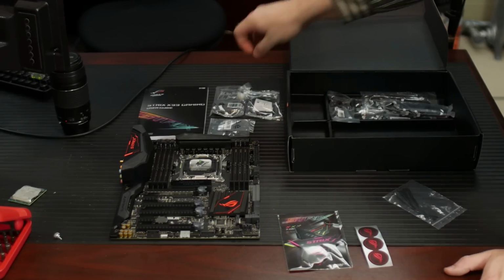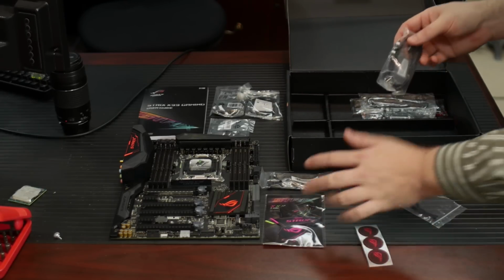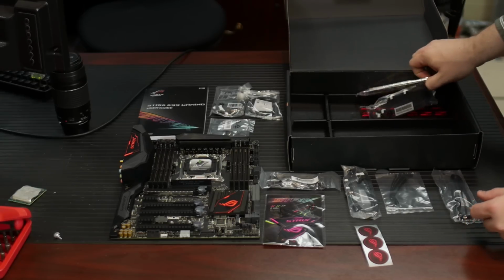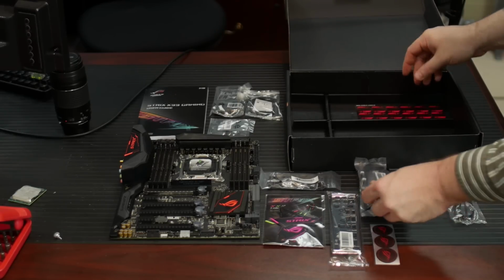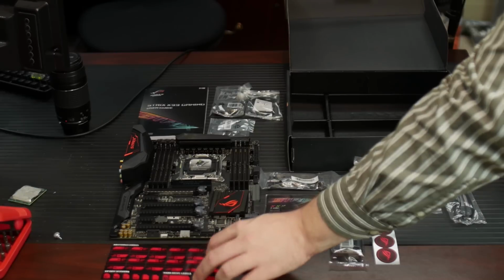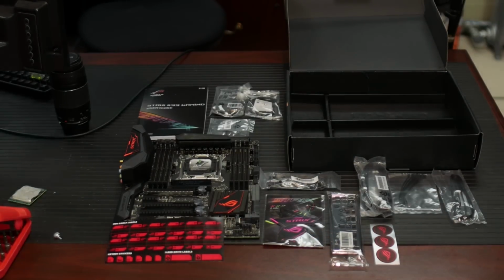Maybe there's some new peripherals, maybe there's some new features, and this is the Strix X99. So this is sort of a second generation X99 product. Asus looked at all of the stuff that has sold and done well in the past, and they've created this specifically for gaming, so it carries the Strix name. And so that suggests to me that it's an enthusiast part, an upper echelon board, but it's